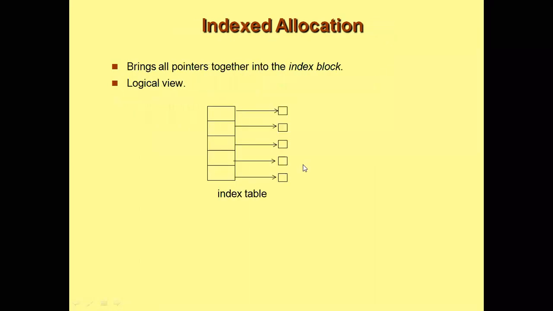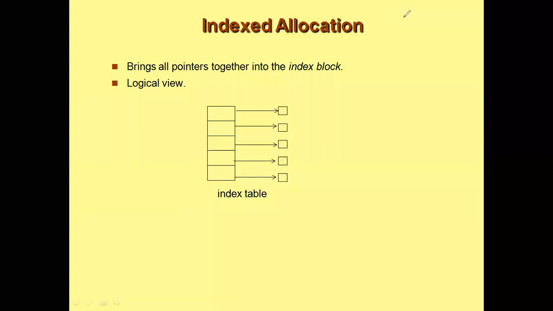Okay. So coming to the third allocation, which is best compared to the previous two, contiguous and linked allocation, because there is a concept called index. Rather than keeping pointer information in each block, we will allocate only one block which will keep information of all the other blocks. This block is called the index block. That is, all the pointer information is kept in one single block called the index block. For example, this is a block, and the block contains pointer information to each of the other blocks. Only one single block will have pointer information to each of the blocks.